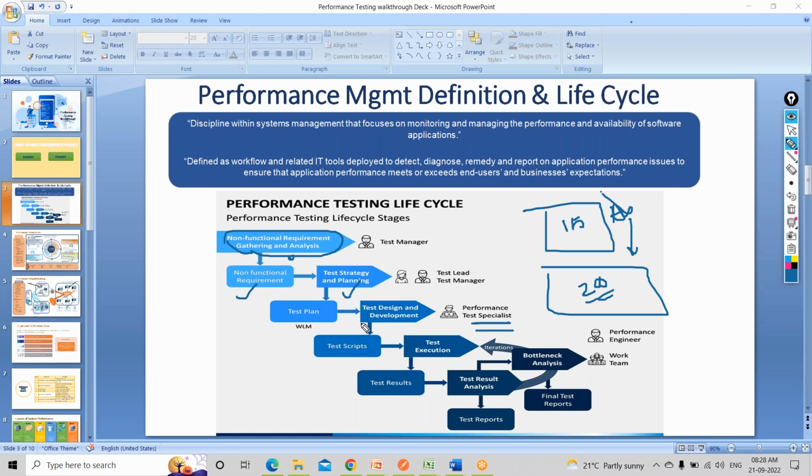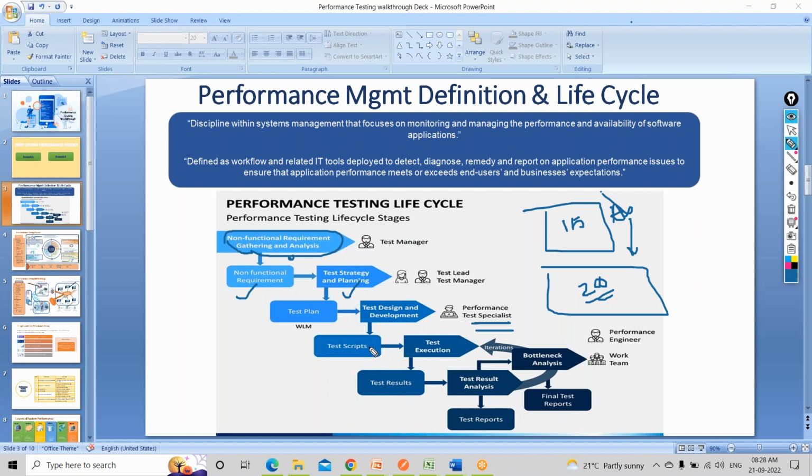Scripts-wise, you might see that the scripts are the same. Let's say last time you developed the script, so that's the benefit of correlation and parameterization. You have done the correlation and parameterization, and the same scripts can work. Sometimes if the UI has changed, or significant changes in the code have been done, then you have to develop the script again. But if it's the same application, then you don't need to develop the scripts. You will already have your scripts with you or in your project management tool, and from there you can download them. If it's working, you can deploy the same scripts and do the testing.